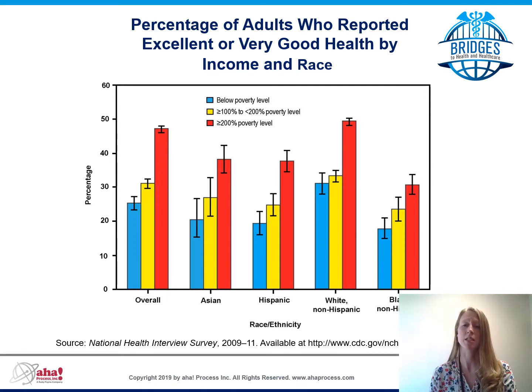Keep in mind that this is based on the federal poverty level, which itself is arguably very conservative. In fact, when this was conducted about 10 years ago, the federal poverty level for a family of 4 was less than $24,000. Note the variation here between racial and ethnic groups, but that even so, the wealthier you are, the healthier you are within your racial or cultural group.